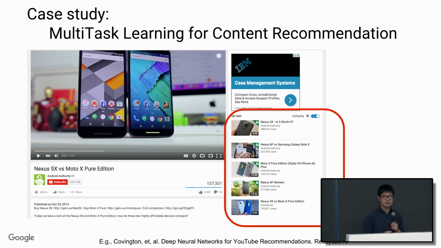So a recommendation system is quite important in Google. It usually takes the input of users, some items we want to recommend to users, and some of the context, and provides a ranked list of items to be recommended to the user. Taking an example here of video recommendation, we want to recommend a list of videos based on users' interest, given the user's past watch history, and also given some of the context, like the current video the user is watching, or maybe the time of day or the location of the user.